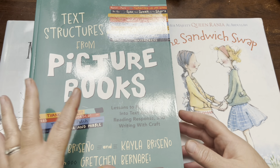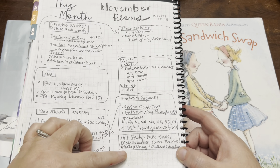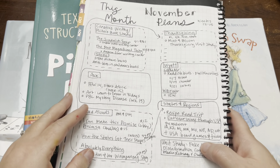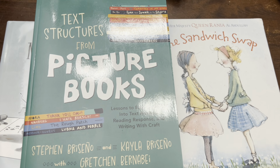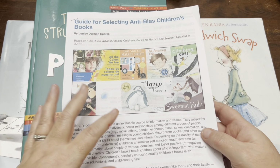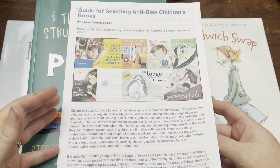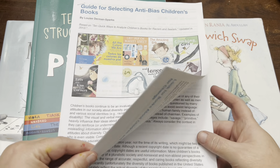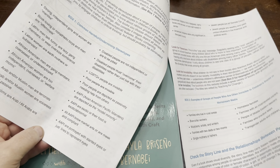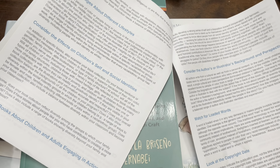So this one, I guess, ties in a bit with our unit study that we're doing, the fake news and bias and stereotyping unit. And so for that reason, we are also going to be looking at anti-bias in children's books. So I will be checking some picture books out from the library, and we'll probably take a field trip to the library, but we'll be going through them together